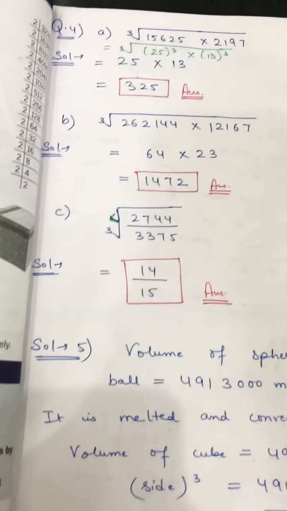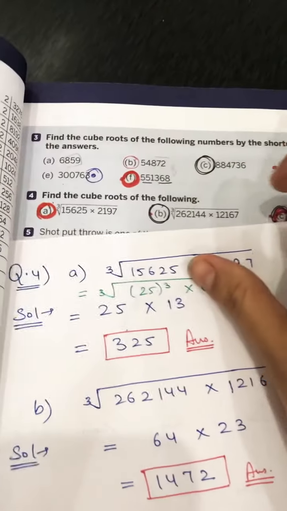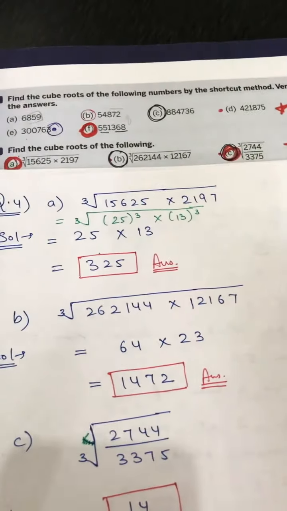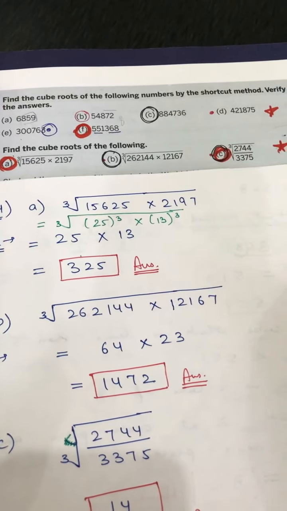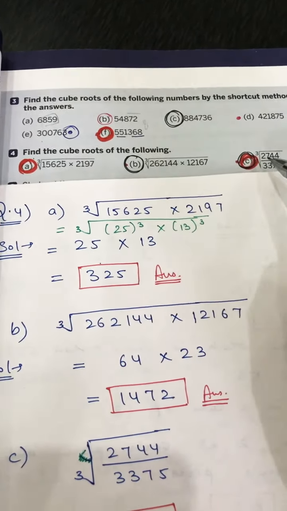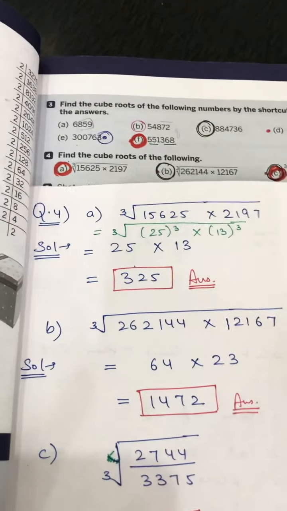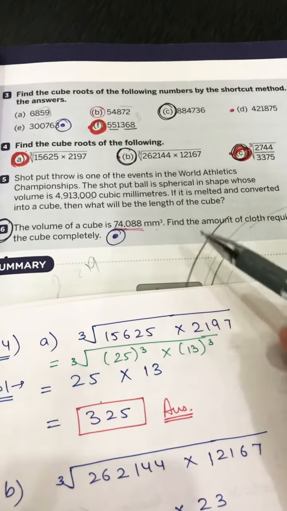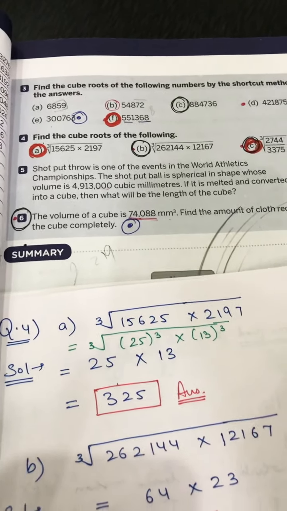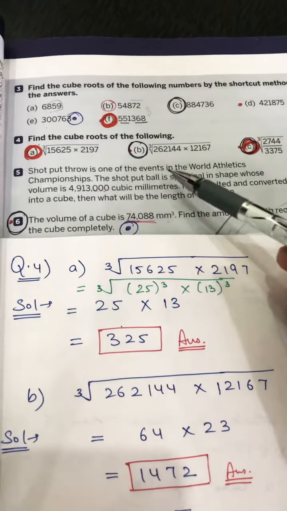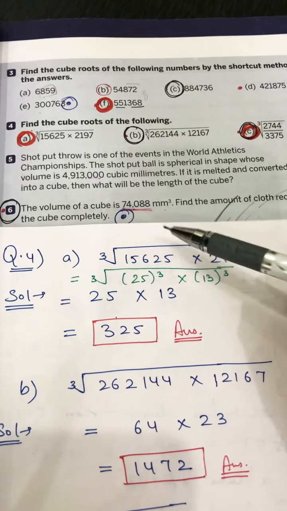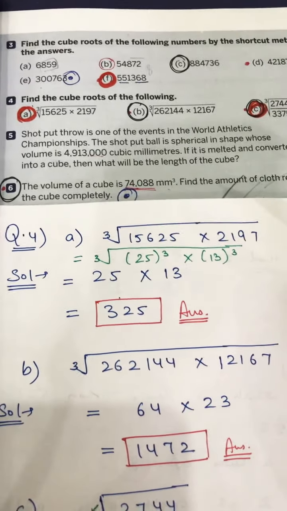Now we have done question number 1 and 2 in the previous lecture, and question number 3 and 4 in this lecture. These questions I have explained in the class, and we have discussed them. Now in the next lecture we'll discuss question number 5 and 6. Then I'll explain these 2 questions in the class, and we'll send the video and PDF to you.